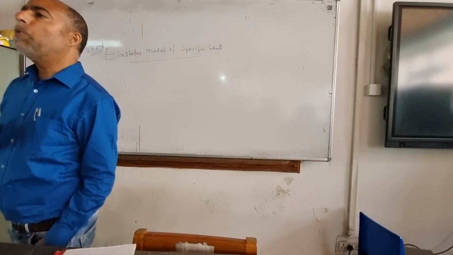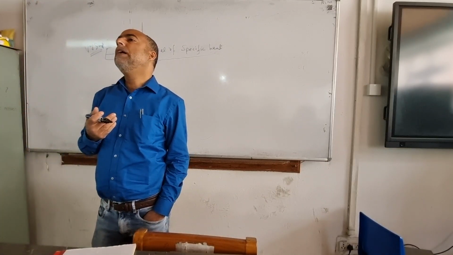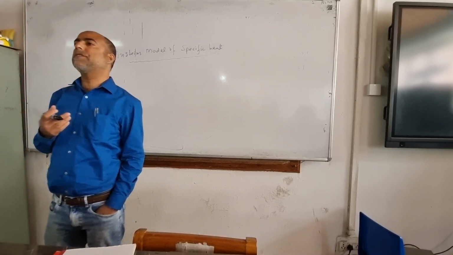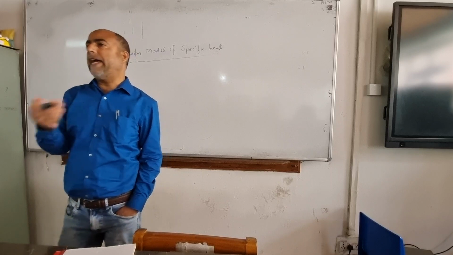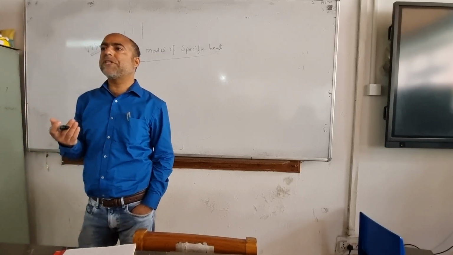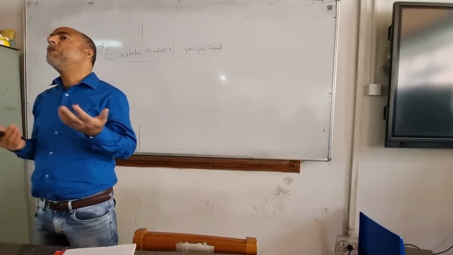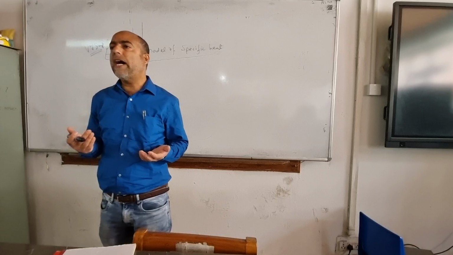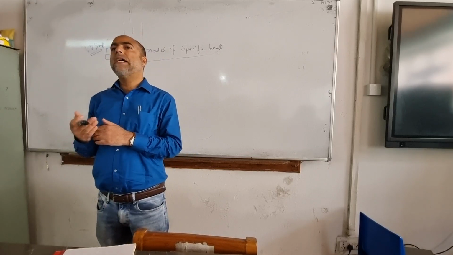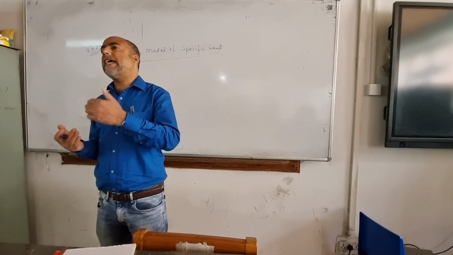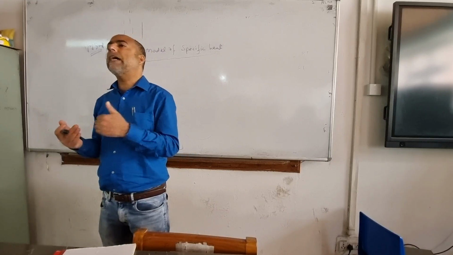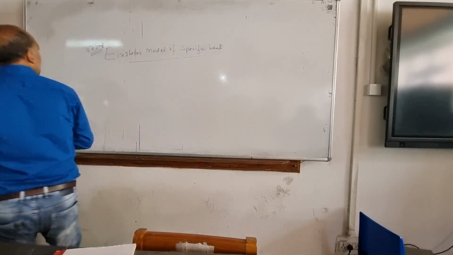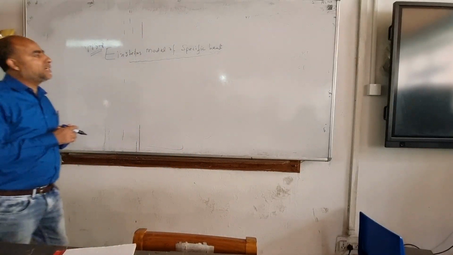These two models were basically based on quantum mechanical theory. You are taking quantum mechanical oscillators into consideration and trying to find the specific heat expression. Then two cases will arise, one at low temperature and another at high temperature, and we will see whether the specific heat at low as well as high temperature is in agreement with the experimental results or not. So Einstein's model of specific heat basically